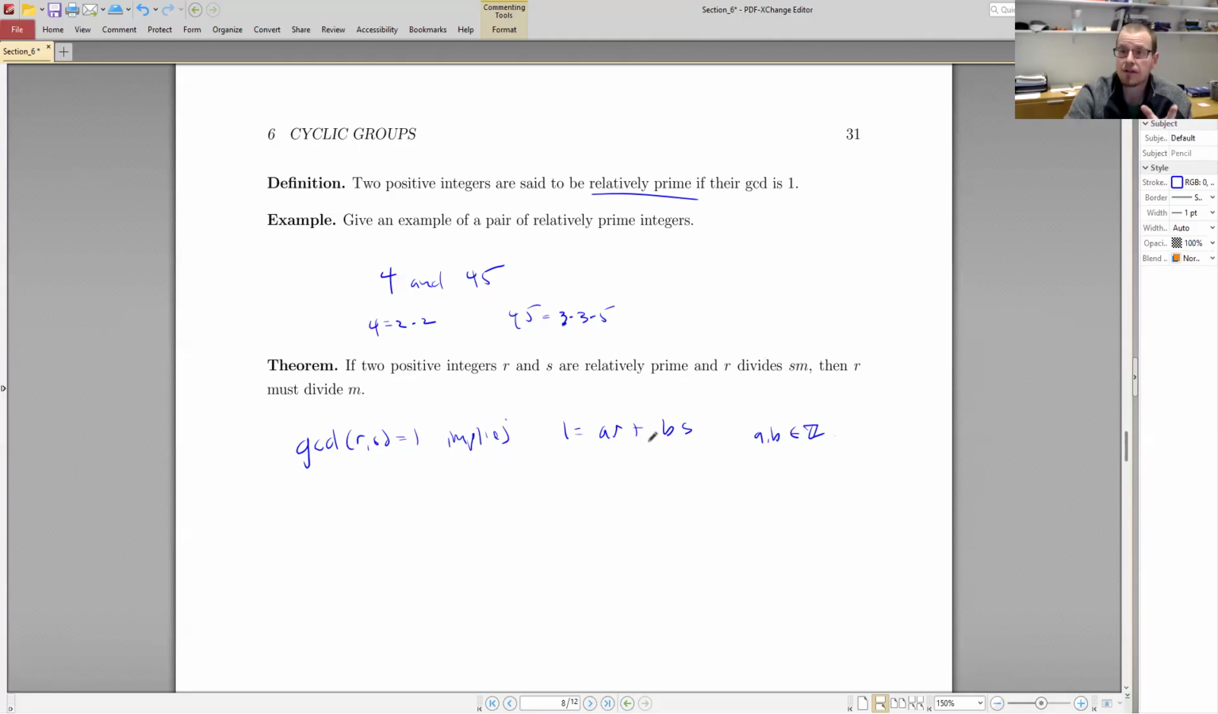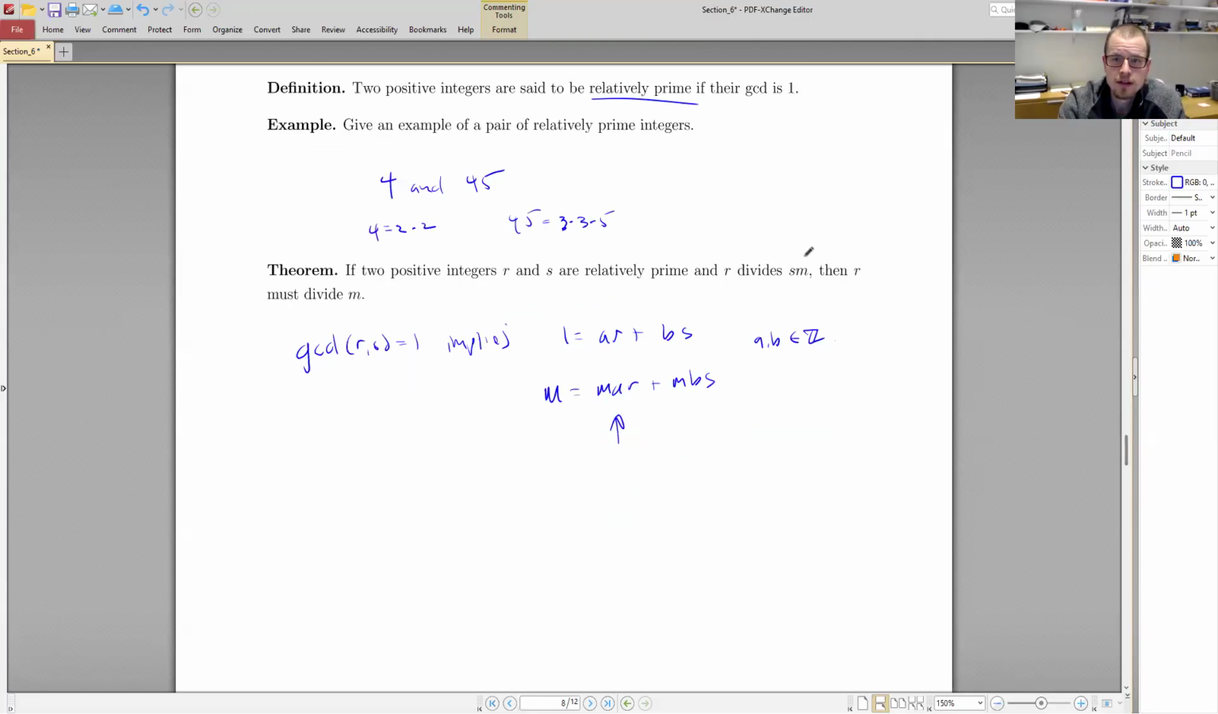So we have this greatest common divisor implies this. Now I want to take both sides and multiply by m. So m is equal to m times a times r plus m times b times s. Now, what good does this do us? We have that r divides mar. That's pretty clear because it is already written as a multiple of r. And we know that r divides mbs